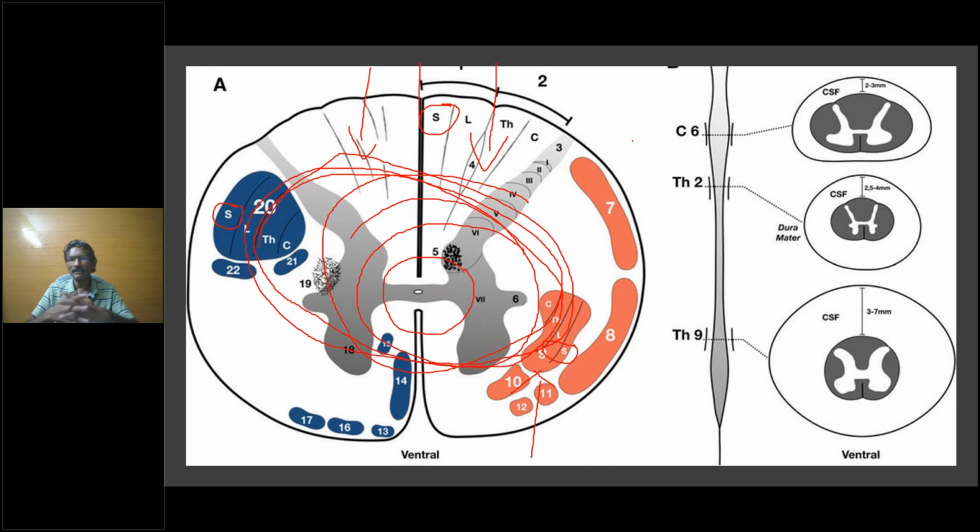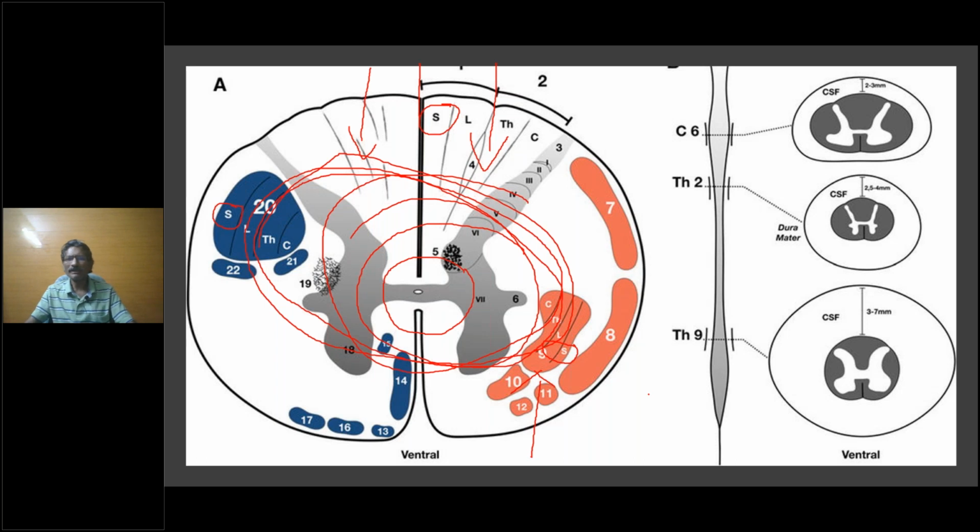Okay, you know that the dorsal column is posterior. So if a vertebra comes from anterior and straight away presses the sacrum, the sacrum can be hit early, and the posterior column may be affected later. Pain and temperature may be affected earlier. Whereas when the lesion starts from inside, then the picture may actually vary.